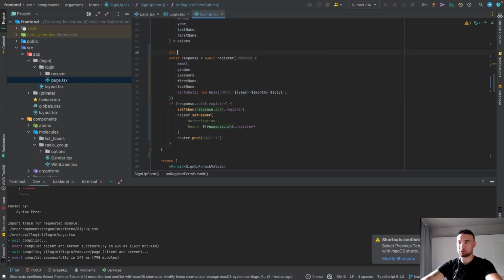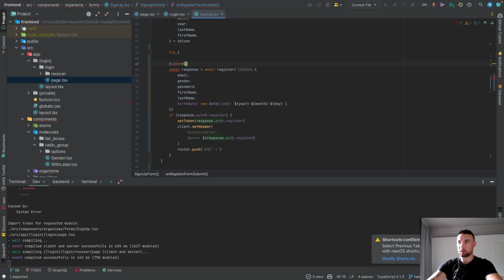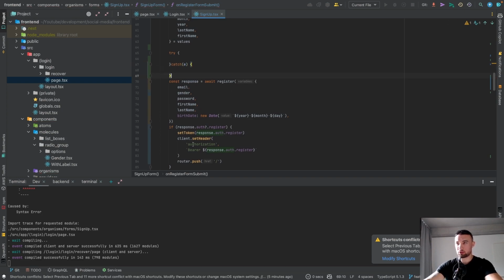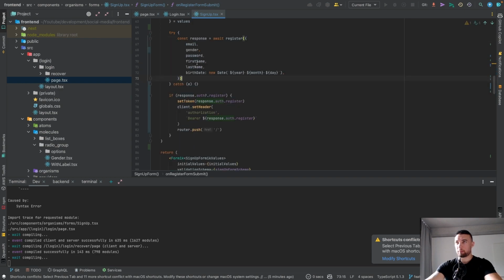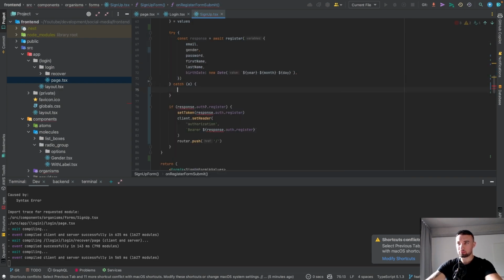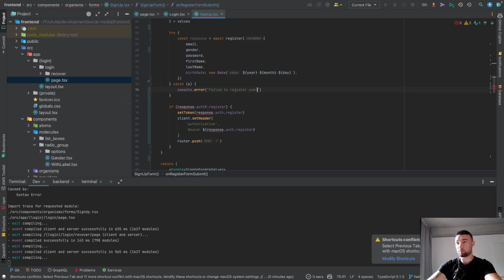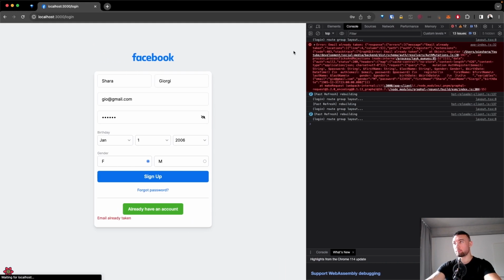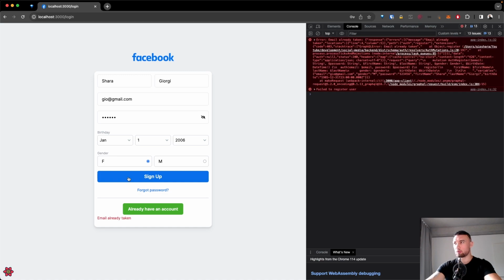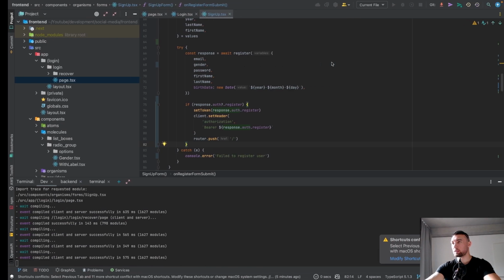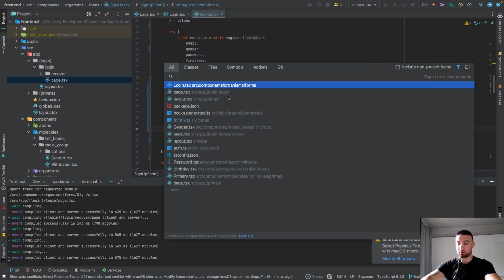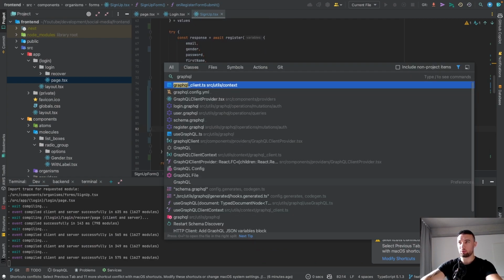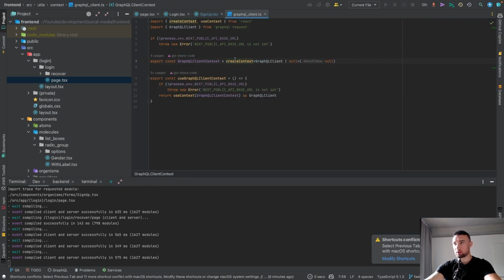Maybe we can avoid this by catching the error and returning just a small error message in the console, such as failed to register user. This should be inside of try, and let's see. Okay, it still displays this. That happens internally, I think because of the GraphQL client. Do we have any middleware that